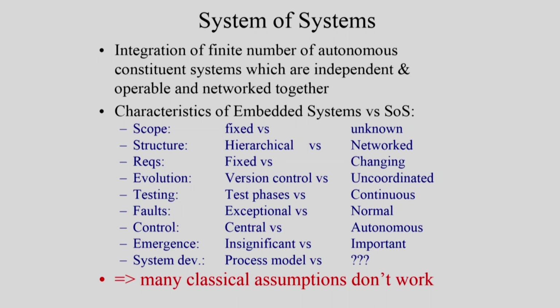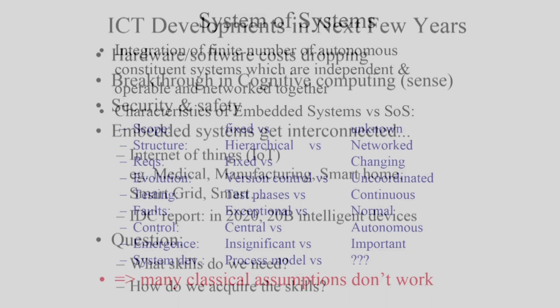For instance, in embedded systems the scope was fixed, in SOS it is unknown. The requirements were fixed in embedded systems, while now they might be changing. The faults could be exceptional in a typical embedded system, but now faults have to be considered as part of normal working, and we have to design how faults should be dealt with as a normal case. So the new sorts of systems that we are dealing with show that many classical assumptions of systems don't really work, right? So these are some of the skills that we want to sensitize the participants of this course to,